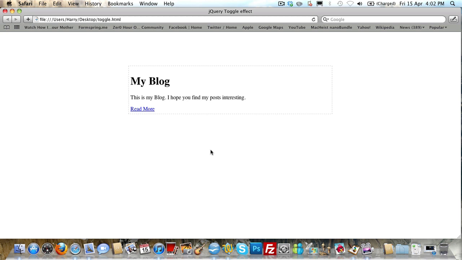Today I'm going to be showing you how to implement the jQuery toggle effect. It's slightly different from the one mentioned on jQuery.com in the API example settings, but this is one that I've used on a couple of sites now. I developed it for a client project which required a smooth animation for their read more section in one of